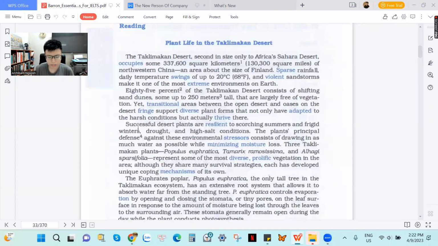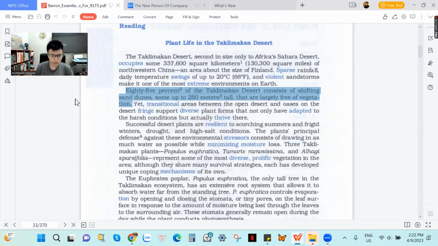This is the second paragraph. Okay. And right now we are going through each sentence in this second paragraph. 85% of the Taklimakan Desert consists of shifting sand dunes, some up to 250 meters tall, that are largely free